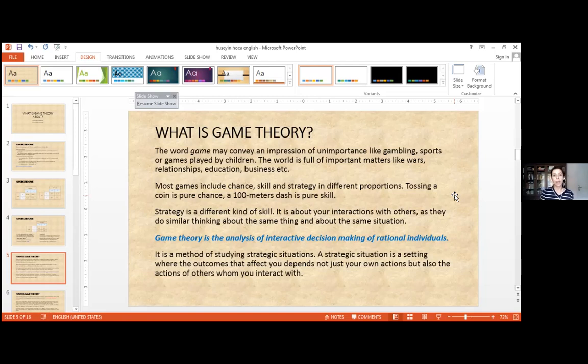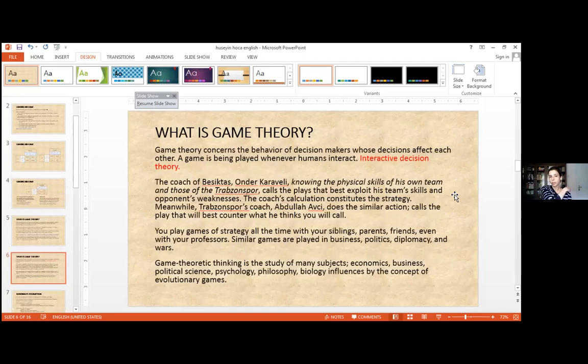However, BMW has to worry about what Mercedes-Benz is doing in terms of pricing, research and development, and new models of cars. So that involves a strategic situation. In game theory, the decisions of decision makers in the economy affect each other. So a game is being played every day, everywhere in our lives, whenever humans interact. It can also be